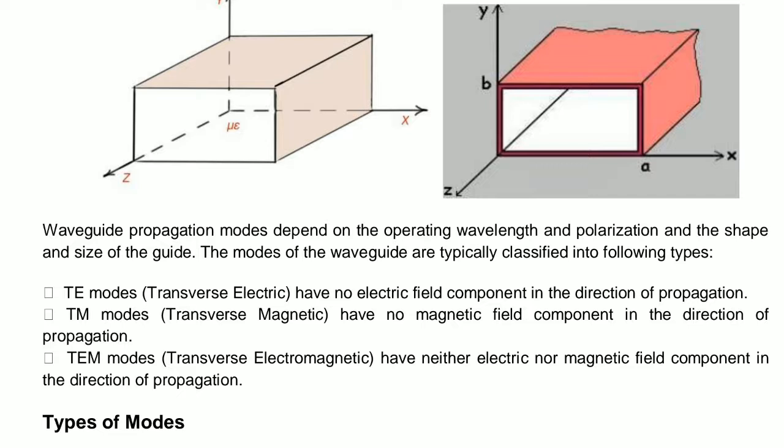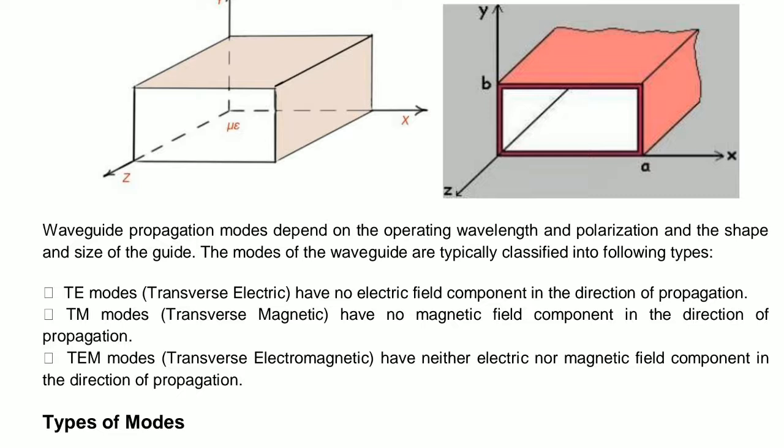So in the case of TM mode, that is transverse magnetic, it has no magnetic field component in the direction of propagation, okay. So when the wave is oriented towards a particular direction or towards the receiver, there will be no magnetic field component in the direction of propagation. So this is in the case of TM mode, and in the case of TE mode there is no electric field component in the direction of propagation. So these are very simple definitions for these types of modes, or we can say propagation of this microwave through